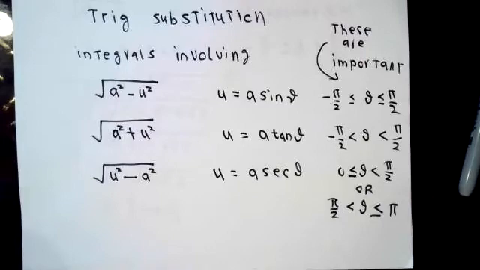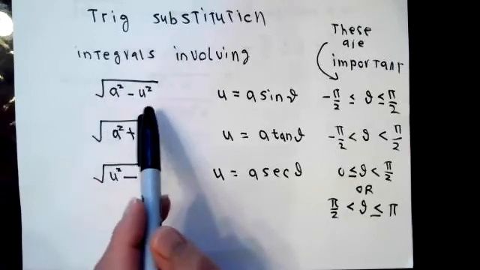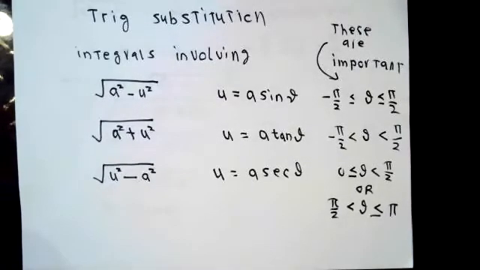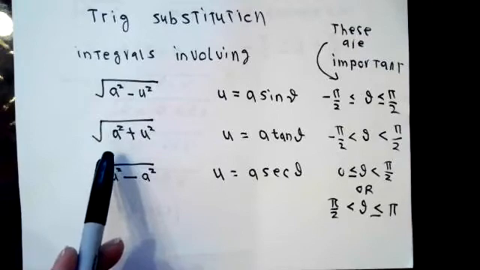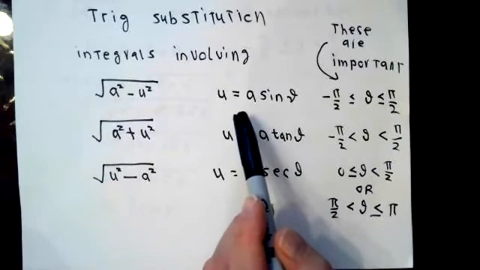Today I'd like to talk about trig substitutions. We're going to use three different types of substitutions depending on what sort of integrals that we have. If we have an integral that contains a factor that looks like radical constant squared minus u squared, where u is the variable, or radical a squared plus u squared, or radical u squared minus a squared, where a is presumed to be a positive constant and u is a variable, then we're going to make the substitutions